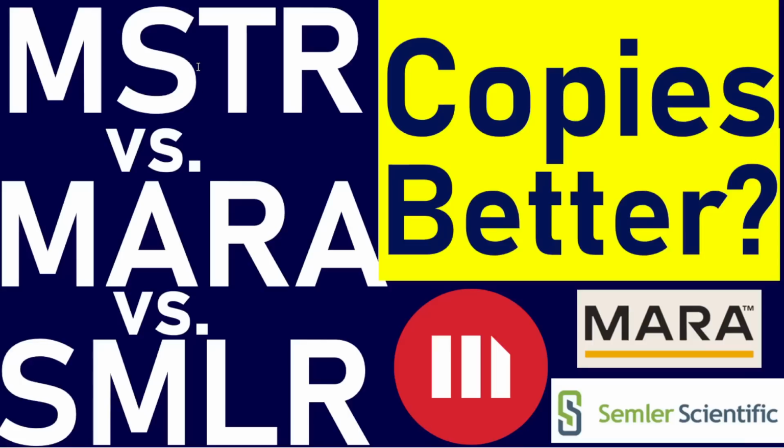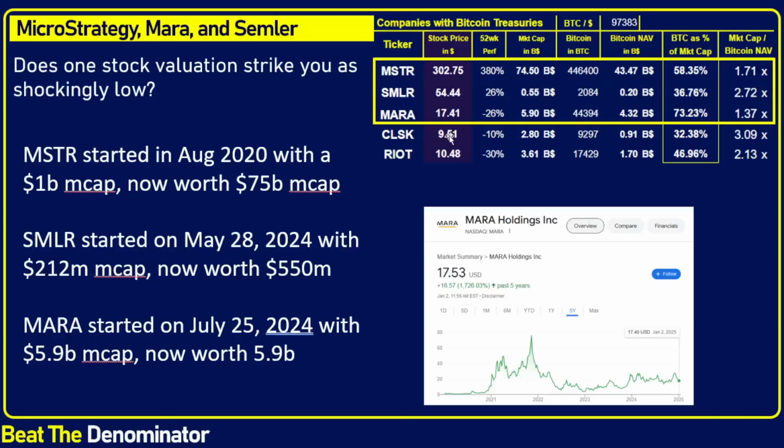MicroStrategy is my favorite play. Out of all of these, out of all five, really, that I cover, it's my favorite play by a long shot. But if I were to pick the cheapest play, it would be Mara. But Mara comes attached with the risks of being associated with other Bitcoin miners. And with Bitcoin miners, sometimes the market says mining bad. And if the market says mining bad, then you end up with your own volatility. And the prices could stay depressed on the miners for quite a while, in my view.